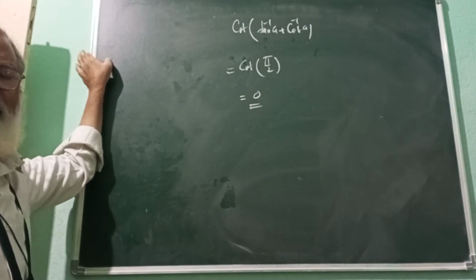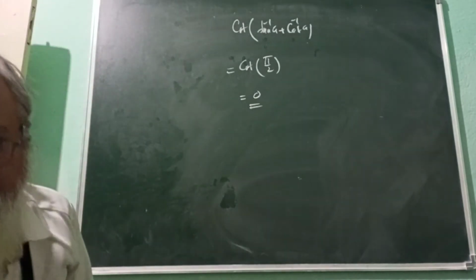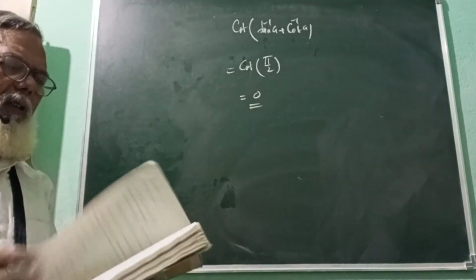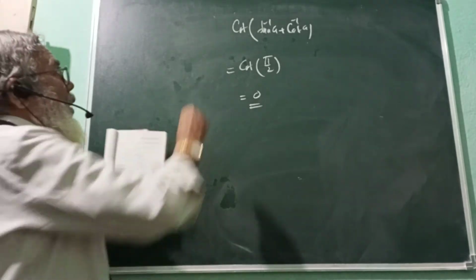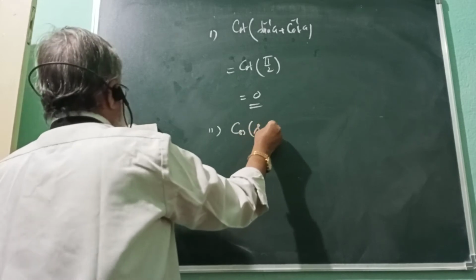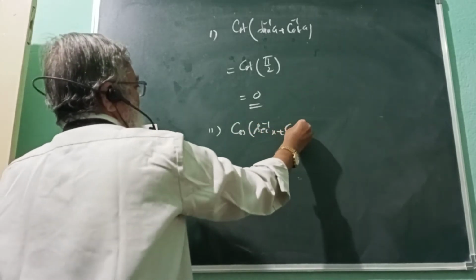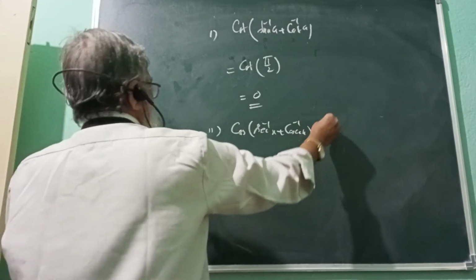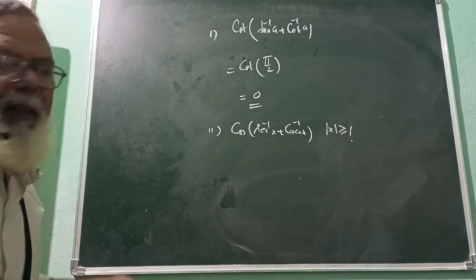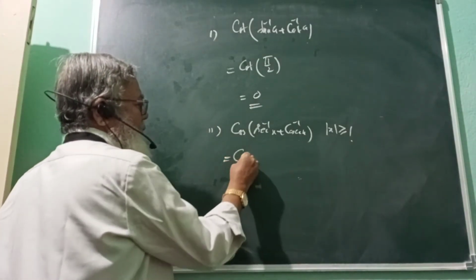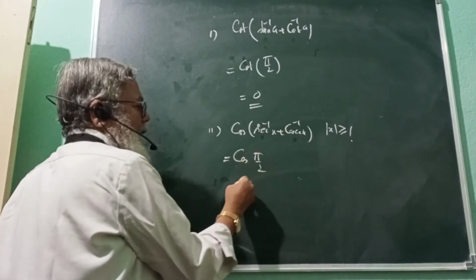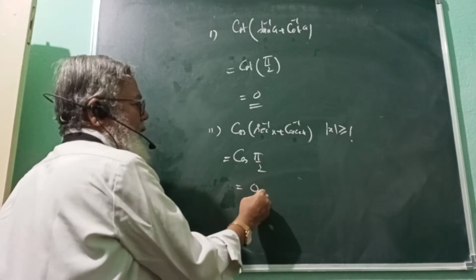It is asked for 1 mark here. A similar question, I will give one more question, of the same formula also. Look here. Find the value of cos of (sec inverse x plus cosec inverse x), where mod of x is greater than or equal to 1. Again the same formula we apply here and we can write this as cos of (sec inverse x plus cosec inverse x), that is pi by 2. And we know cos 90 is again 0.